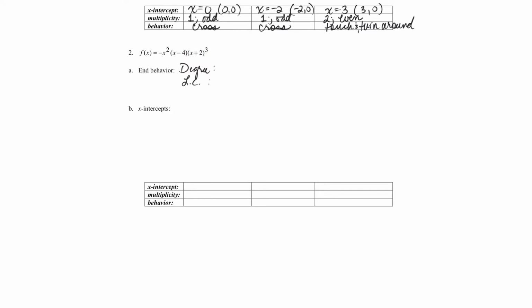If I wrote this all out without using the exponential notation, it would be x times (x minus 4) times (x plus 2) times (x plus 2) times (x plus 2). So if I expanded all of this, I don't need to do that. I don't want to do that. I can see that I would end up with 1, 2, 3, 4, 5, 6, x to the 6th in the end. So the degree is 6,